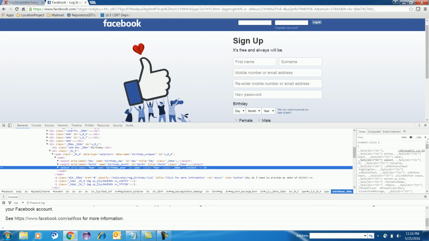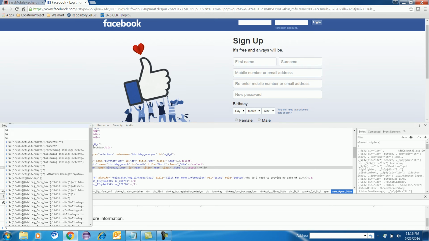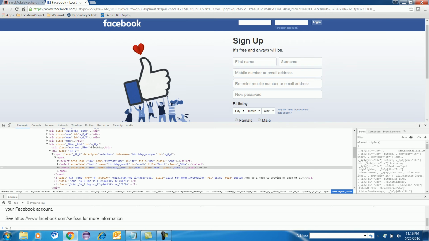As you already know, to test XPath in Chrome, you can write $x, then a bracket, and inside the bracket a double quote.